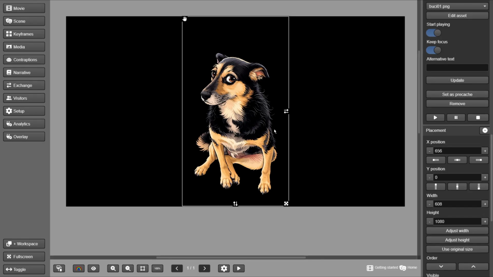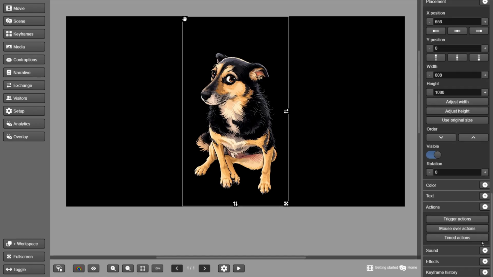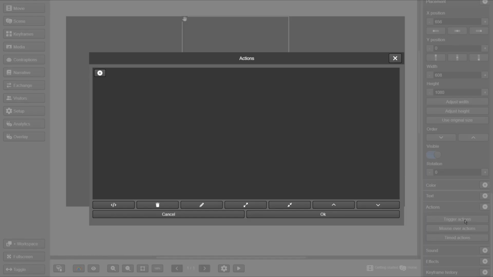Select the only instance of this scene. Then, in the right interface, click the plus button next to Actions, and then the Trigger Actions button. This is the Tealbussy Action Block editing window. From here you can define the behavior of your movie based on the interactions it receives. Trigger actions for an instance are one of the simplest forms of interaction. Here, you will set what should happen when the instance is clicked or touched on the screen.